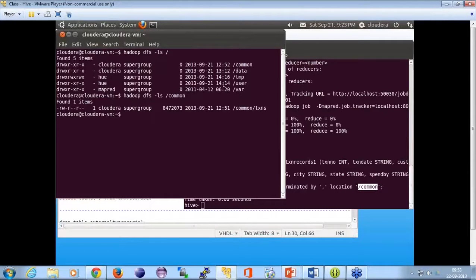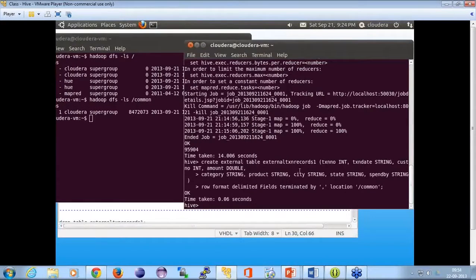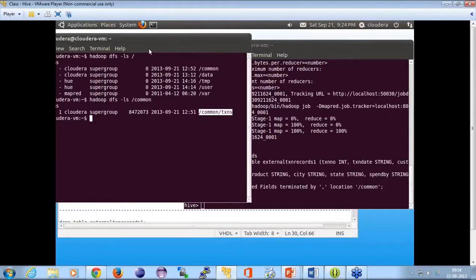Let's look at this. So this is where the actual data is stored on the HDFS, and we've just given the location of that data. In this case, for the external transaction records, the location is common, and that's where we get that data.